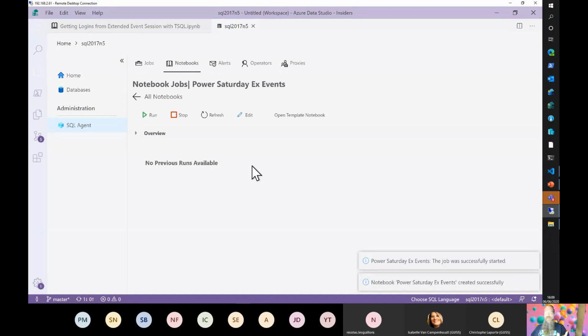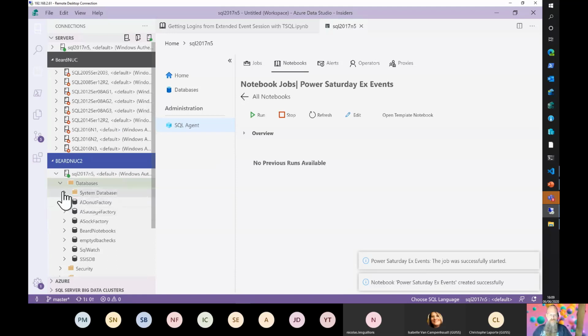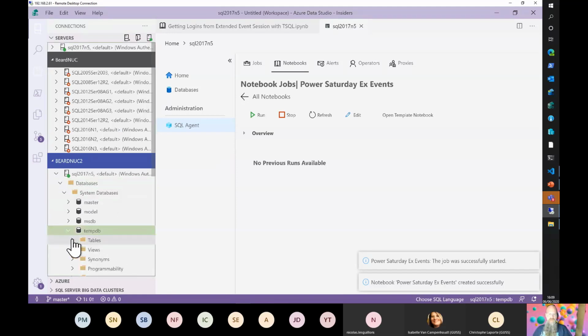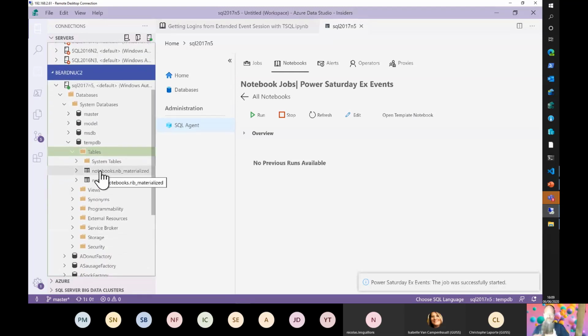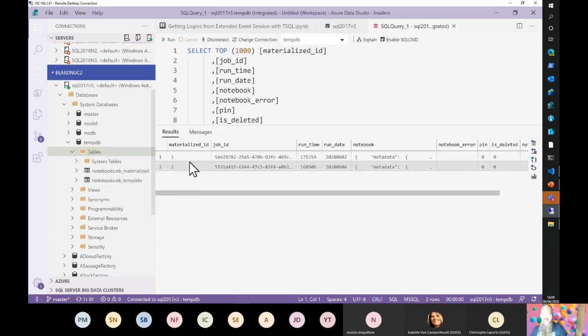Let's run it. Whilst it's running, we'll go and have a look in TempDB, and you'll see that our storage database has got, please don't store your notebook jobs in TempDB. This is merely for a demo because I forget to clean things up. We've got two tables. We've got a materialized table and a template table. If we look in our materialized table, you can see that I've forgotten to clean up. We've got two